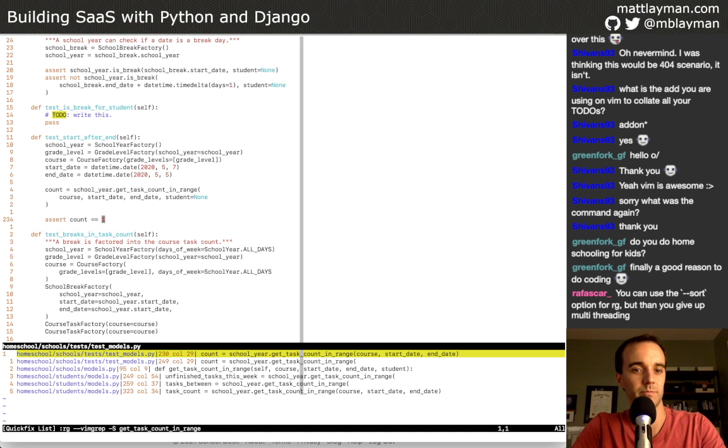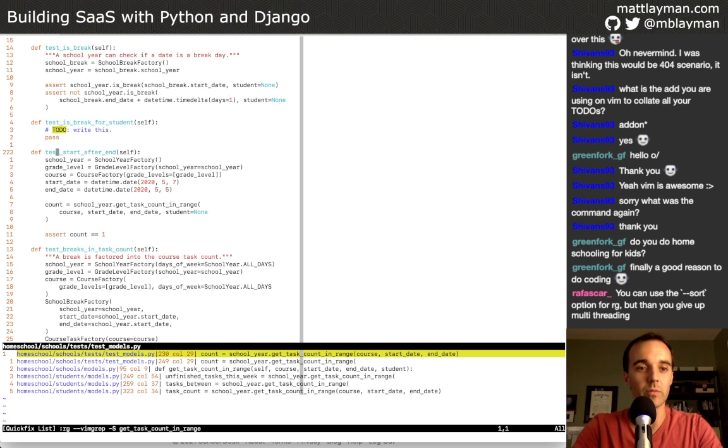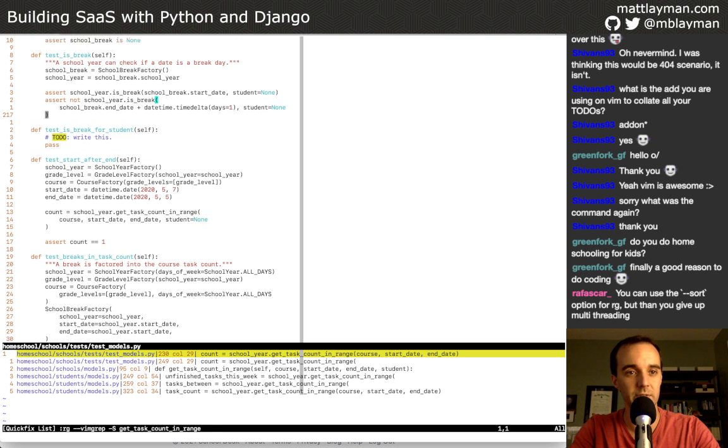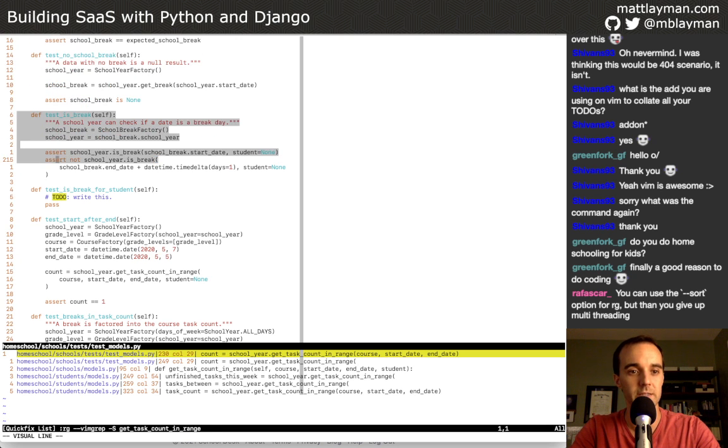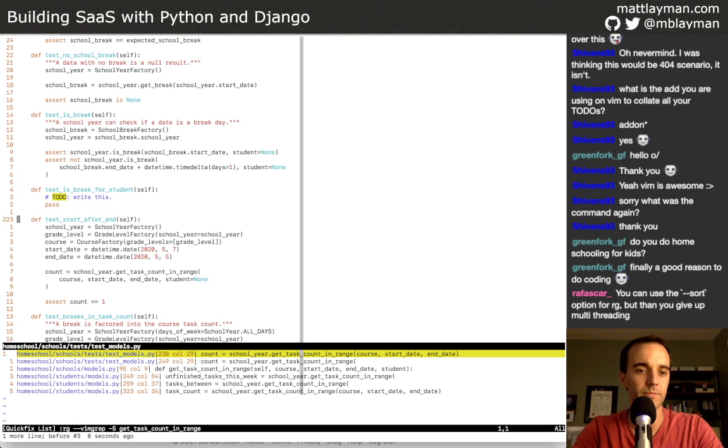Maybe. Or just trust that when we write the test for the isBreak method, anything that uses isBreak will be appropriate, because I will have test coverage for when it is none, and test coverage for when it has a value.